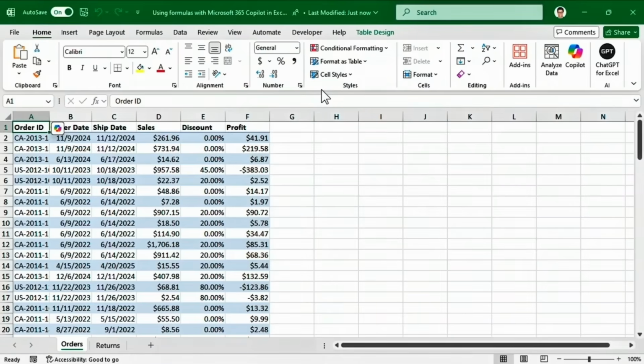Microsoft 365 Copilot simplifies the use of formulas in Excel. It can suggest useful formulas and insert calculated columns in a table, and it's also great for learning how to use complex functions. Now I've opened my order tracking worksheet, the sample file for this video, in the Excel desktop